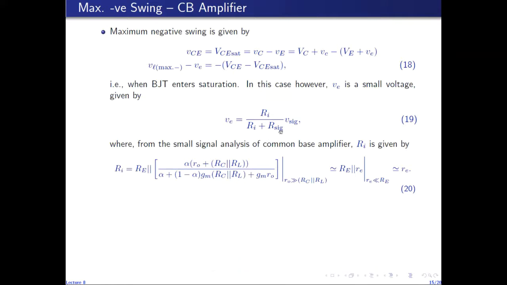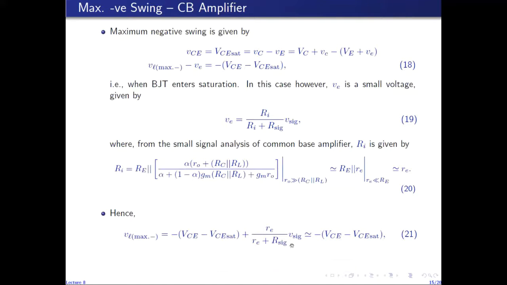So R sig is also of the order of small re, because small re is of the order of tens of ohms, and R sig typically for signal generators is 50 ohms. So they are almost of the same order. So this fraction is almost 0.5. So if I replace Ri with small re and take VE to the other side, then this is the expression I